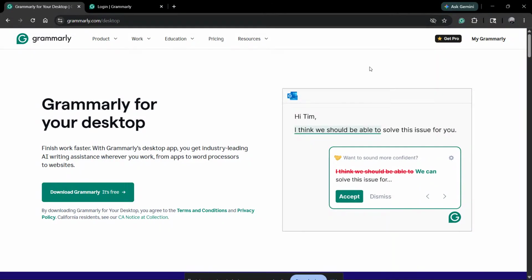Today I'm going to show you how to download the Grammarly app on PC step by step so you can get it installed quickly and start using it right away. Grammarly is a great writing assistant for checking grammar, spelling, clarity, and tone while you work in desktop apps and